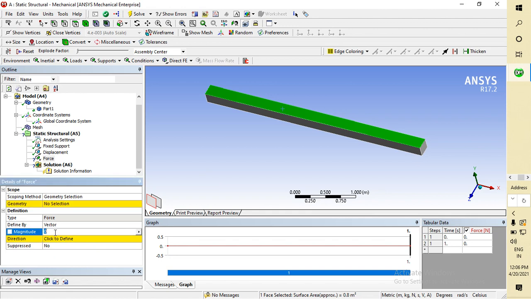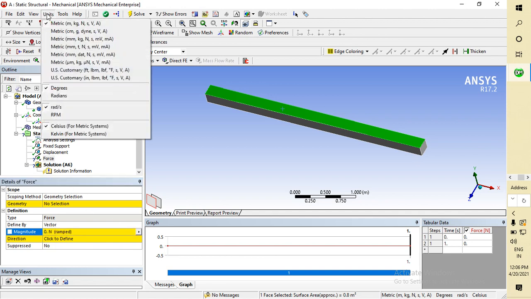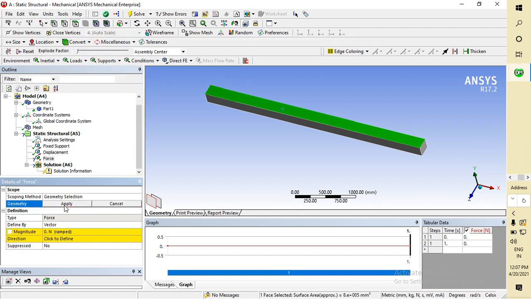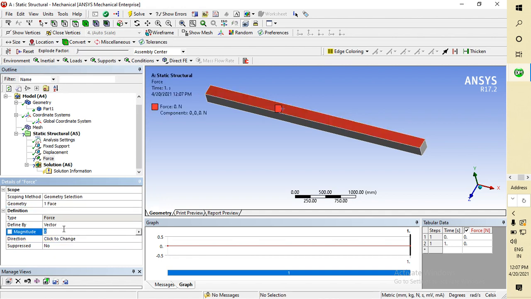Now if the uniformly distributed load is 4 kilonewton per meter, you have to remember one thing: if you are doing this in mm, then you have to set your units also. I am going to set this in mm, and geometry is selected already, apply it, and now this is the magnitude.